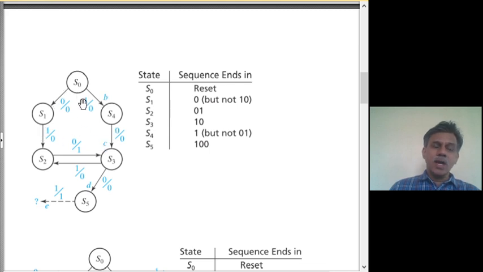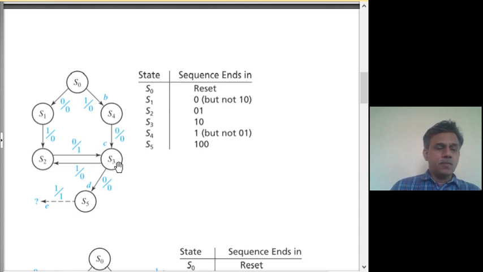So you can verify this later on also. It does not matter whatever bit has occurred prior to the 1, 0. These 2 branches will take care of all those cases.